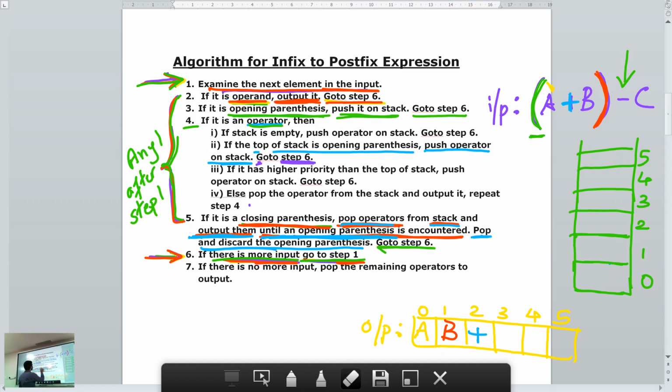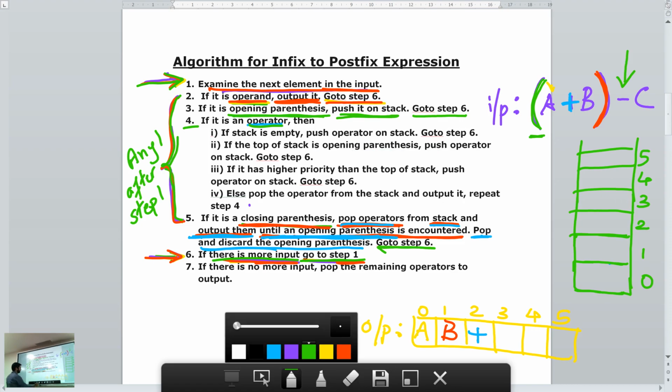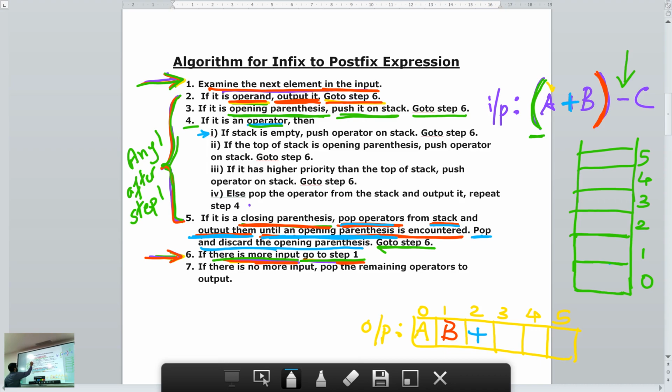Okay. So identify what to do with it now. So check step 4, 1. If stack is empty, is the stack empty? Yes, stack is empty. You can see here, stack is empty. So what you do? Push operator on the stack.